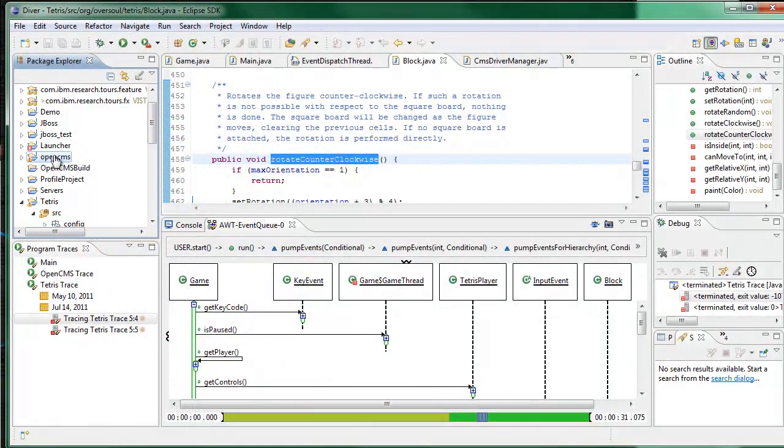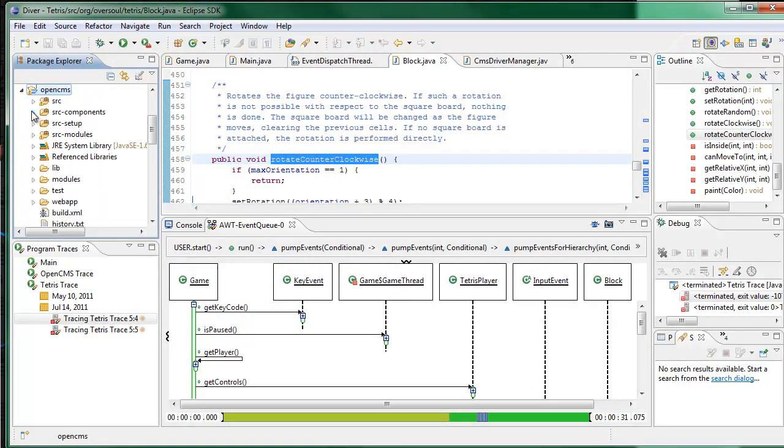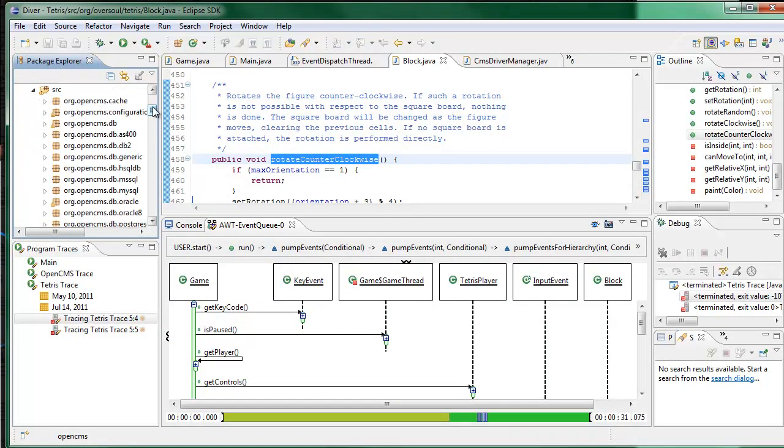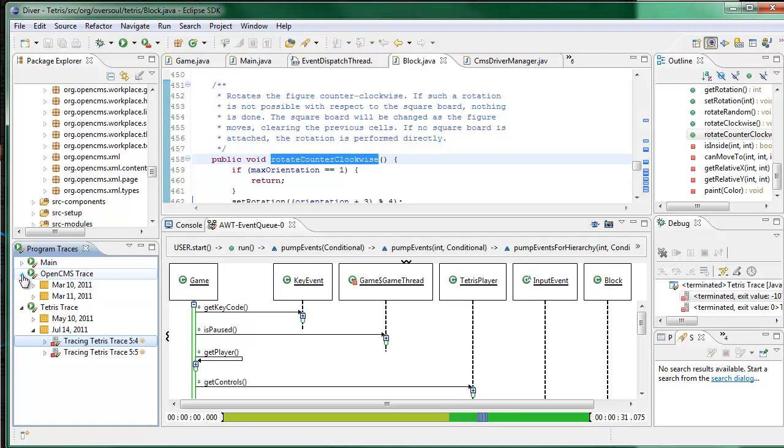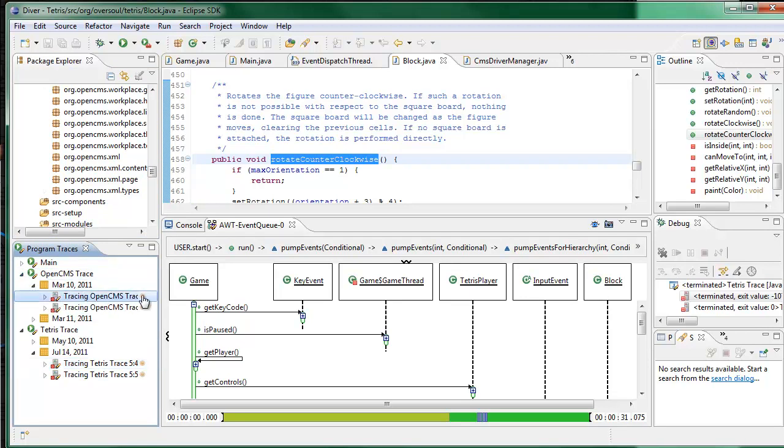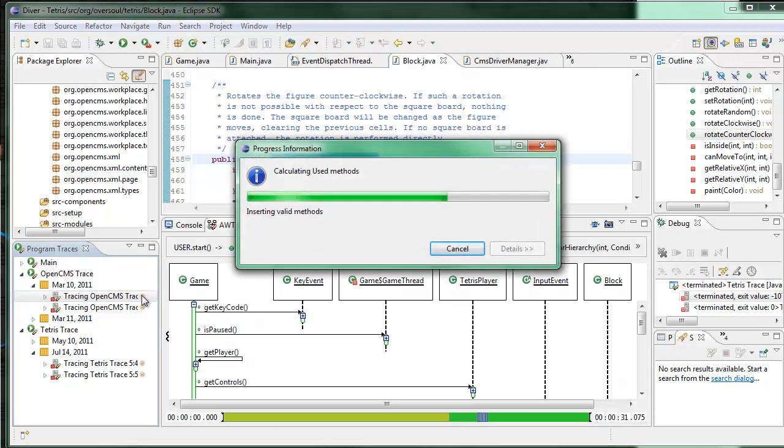One final new and related feature that I would like to demonstrate is Diver's new ability to integrate with Eclipse's Java code search. Here we can see the source code for a large open source Java web application. Suppose, for instance, we are interested in knowing how its login feature works. In the interest of time, I've already created several traces that we can use to try and focus our investigation